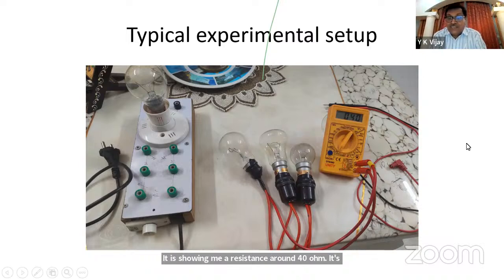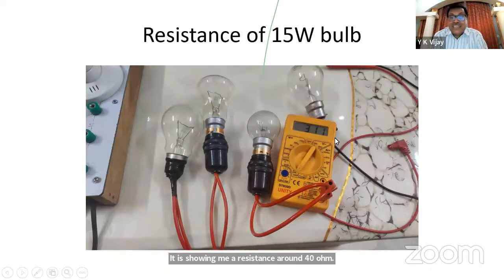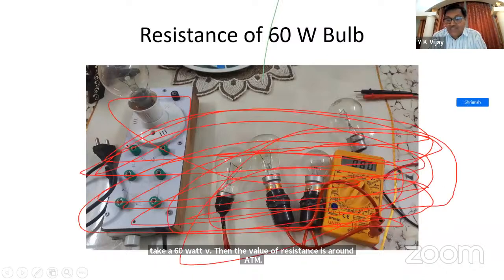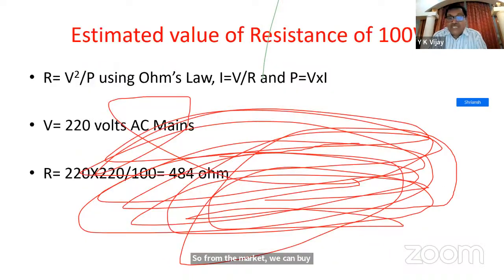It's not glowing. But if I connect the smaller bulb, the value of the resistance is very high, around 300 ohms. We believe that because when we connect this bulb to the 220 volt AC mains, it draws very little current, the higher resistance is justified. If we take a 60-watt bulb, then the resistance is around 80 ohm. From the market, we can buy a variety of bulbs, and using a multimeter,